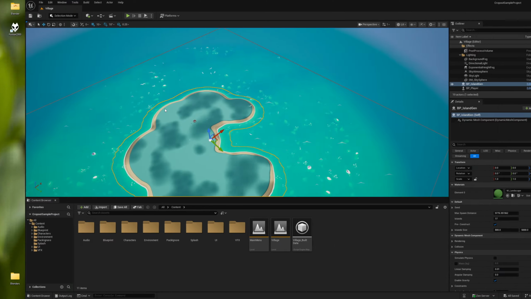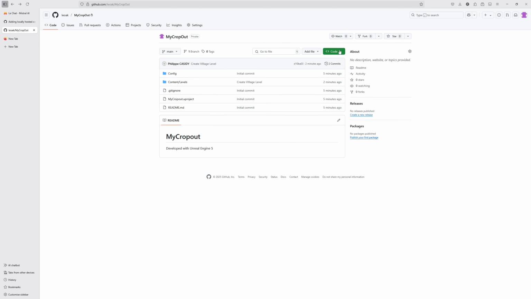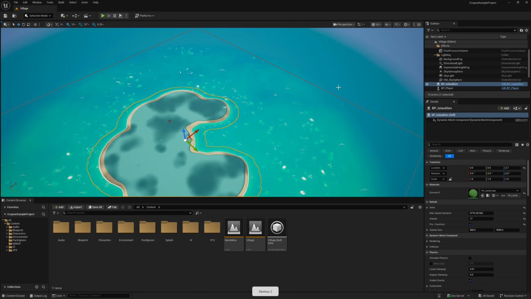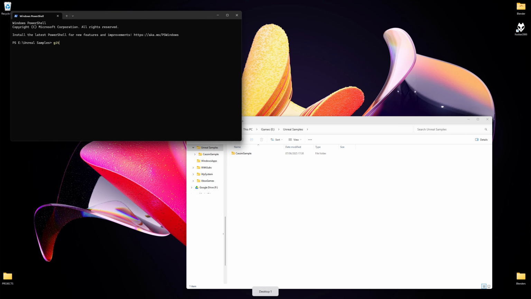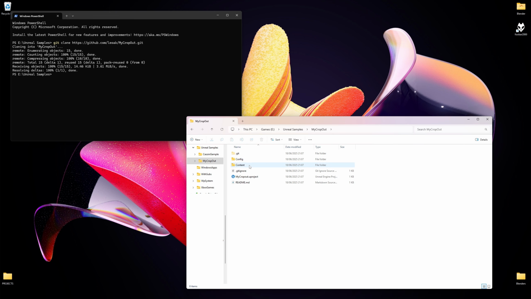And if I copy my URL, I think from the top of my head, it's git clone and then the repository. Okay, so now if I double click and I start a project,